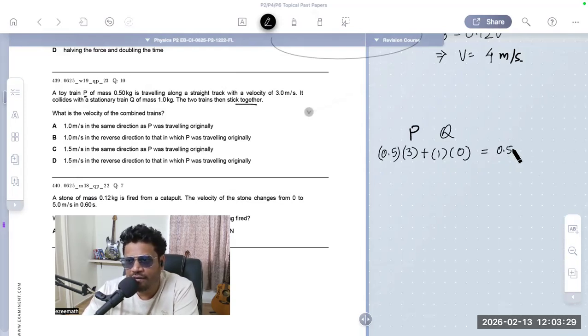So you go 0.5 into 3 plus 1 into 0 equals 1.5 V. V comes out to be 0.1